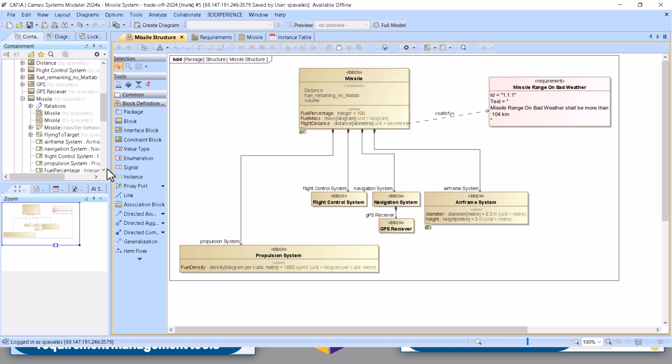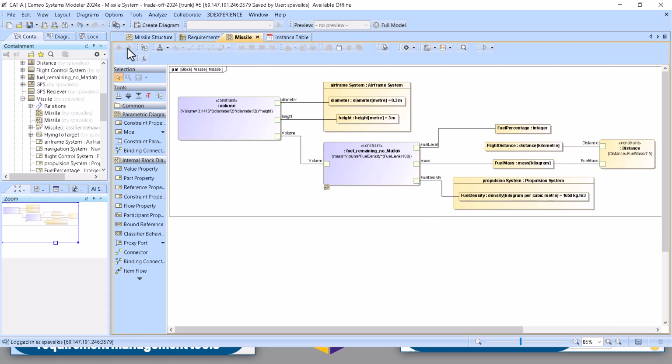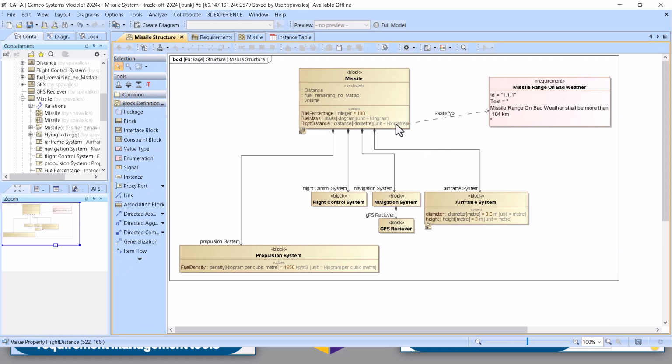And here we see Catia Magic Cyber Systems Engineer, Cameo Systems Modeler. And here we have a requirement which is satisfied by the solution architecture. We have a missile, propulsion system, airframe, and the airframe diameter and height affect the range, how far the missile will fly. And with the help of an analytical model, as we can see here, we can calculate